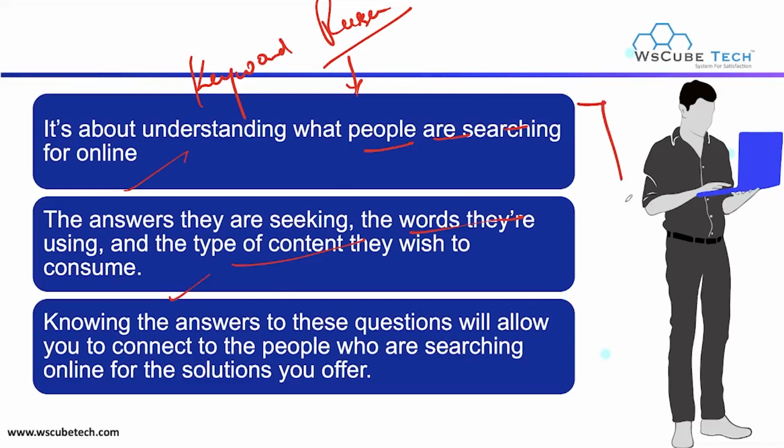Knowing the answers to these questions will allow you to connect to the people who are searching online for the solution you offer, and then we use the keywords we figure out with the help of keyword research in our website